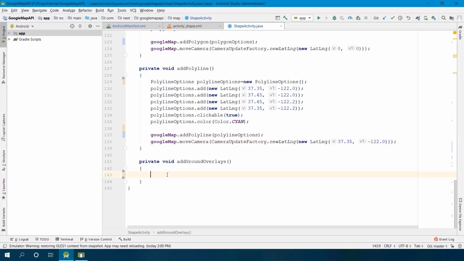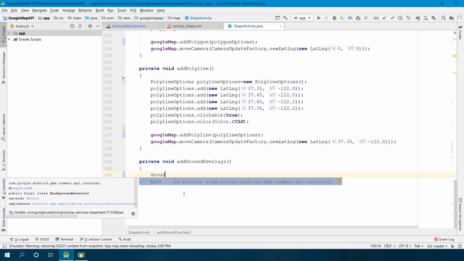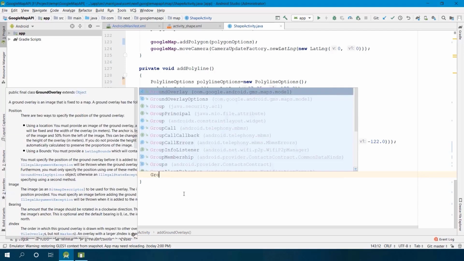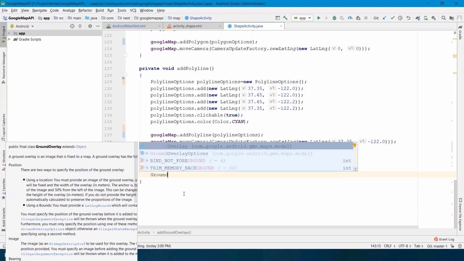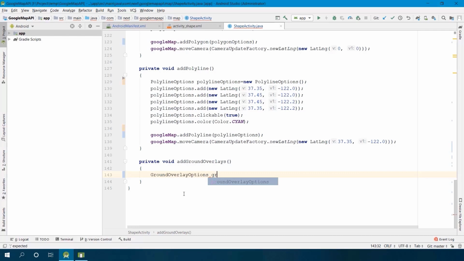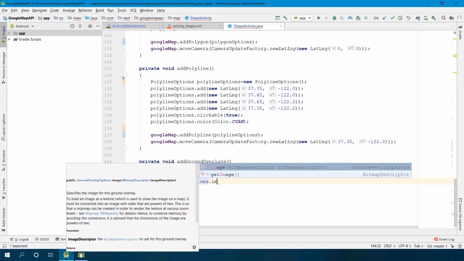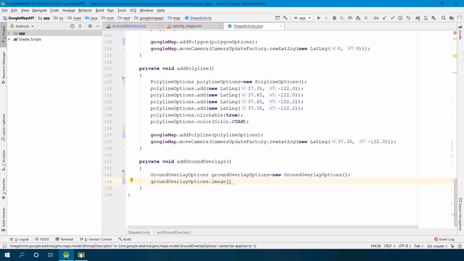And at the end, let's add a ground overlay. I'm going to use GroundOverlayOptions. I am going to give it an image using